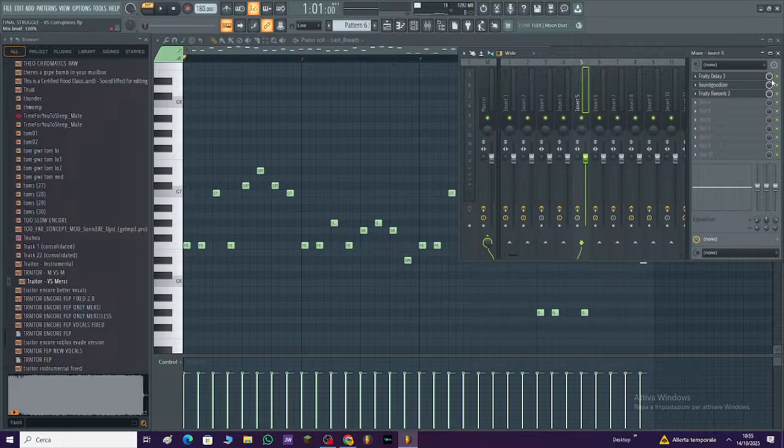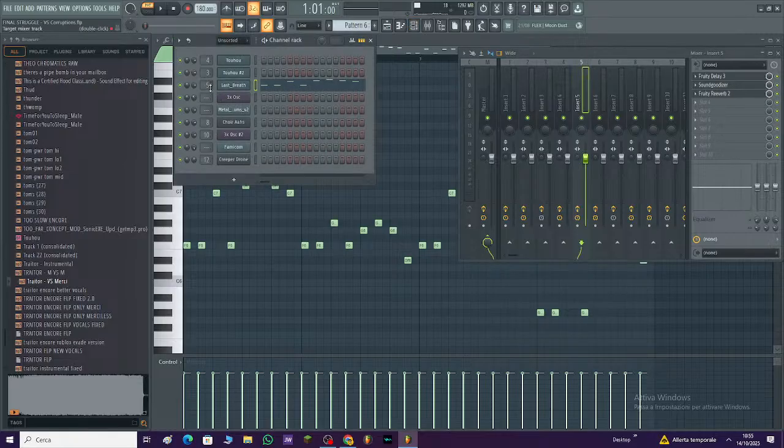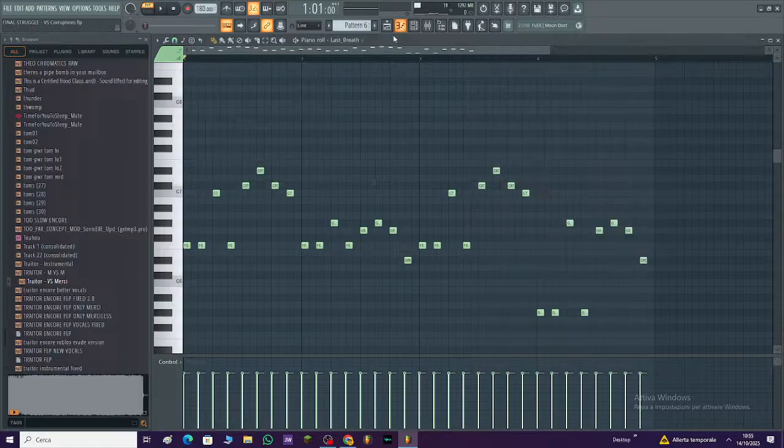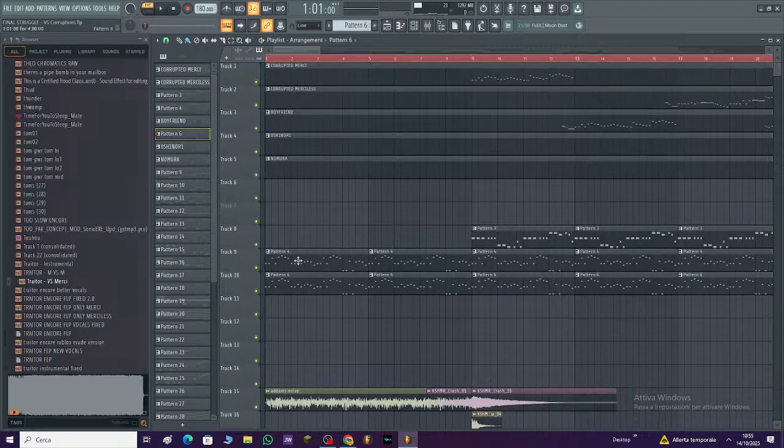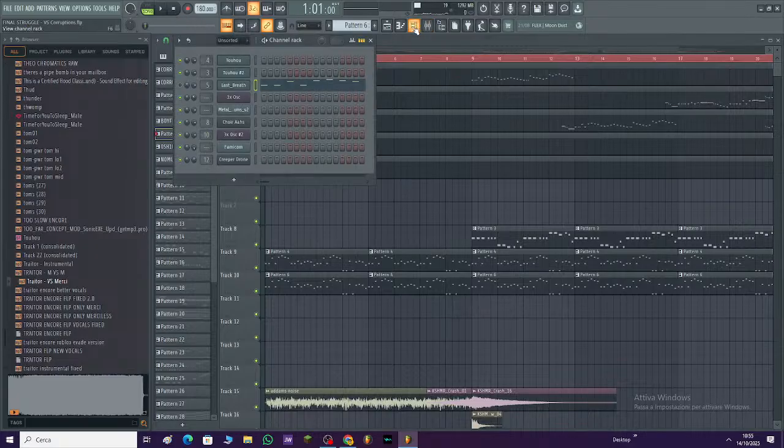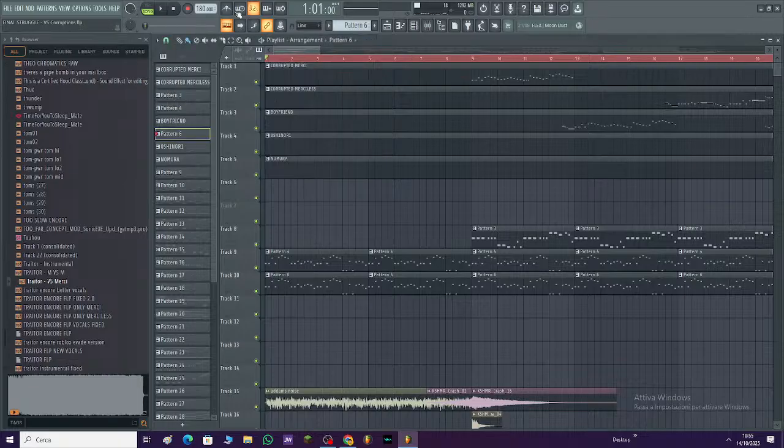So for example, I have these on, and it's on channel 5 here, sorted up from the others, as you can see. But if I deactivate it and play the song without this second melody, that's how it would sound. See, it still sounds eerie, but it needs something to add up to the kick itself. So if we activate this,